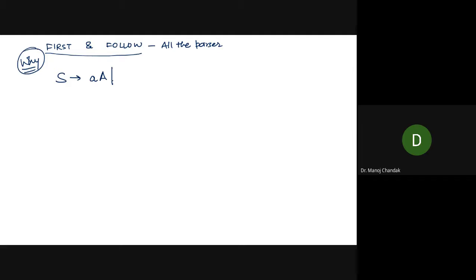Yeah, let us take this one. S tends to small a, capital A, okay? And S tends to something like small b and capital B. And then A tends to X and B tends to Y. Okay. So now, using this grammar, please answer on the chat window,